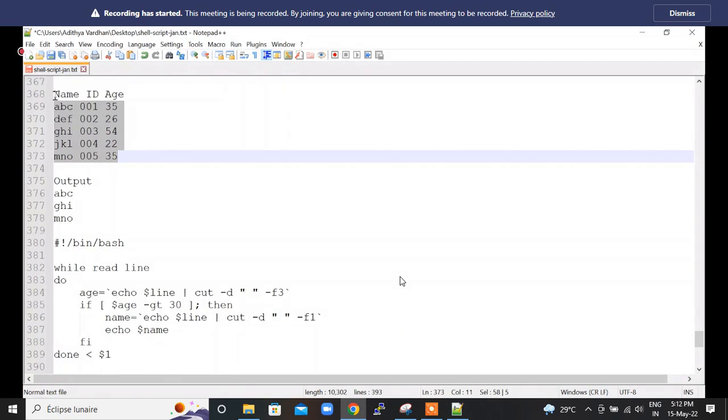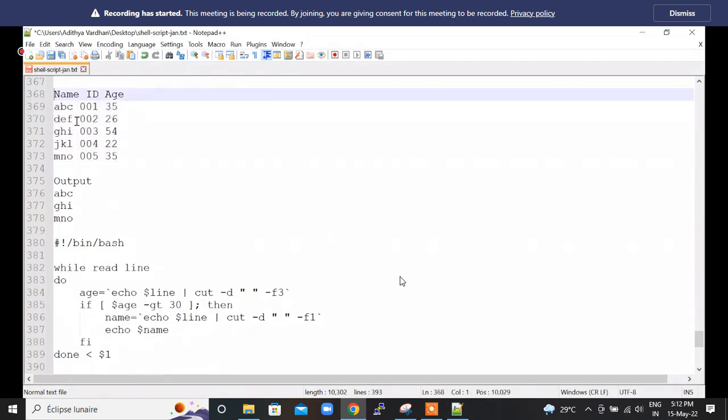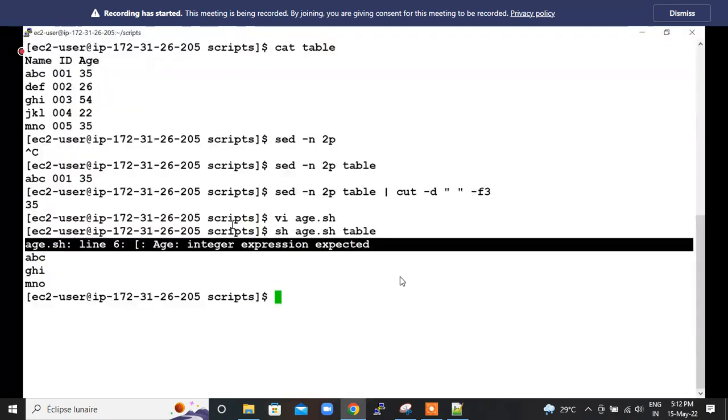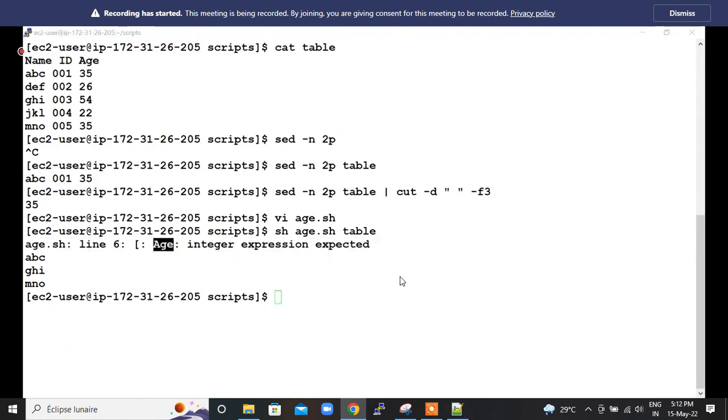But when we pass this first line, the while loop does not know what you're passing. It will only pick up all the lines and read line by line. So during the first iteration, the value of age would be this header. When I'm sending this value to the if condition and checking with -gt, it will always throw an error that integer expression expected, because this is the input that I'm getting